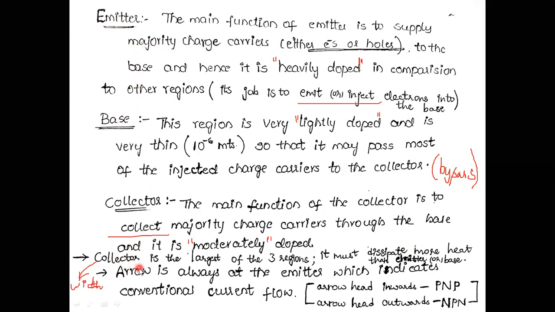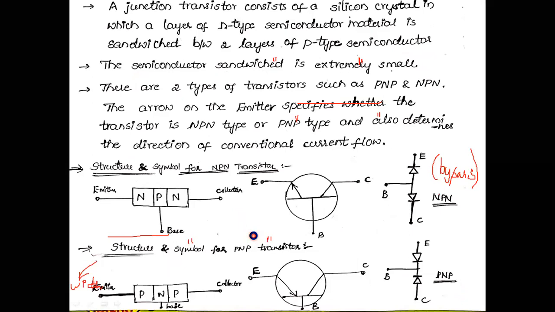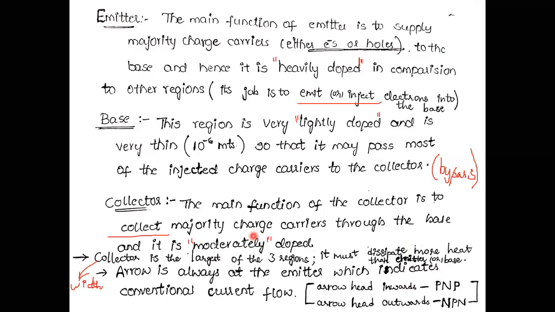This arrowhead upon the emitter indicates conventional current flow. That is conventional current flow with respect to the whole current flow. We can treat that current flow as whole current flow, opposite of the electron flow. Arrowhead inwards means that is PNP type of transistor. Arrowhead outwards means that is NPN type of transistor. This is about the construction of transistor. In this way, we can give the construction of transistor and the types of transistor we have seen for this class. Okay. In the next class, we will discuss more elaborately regarding this one.